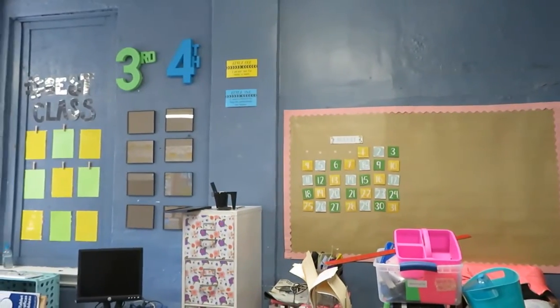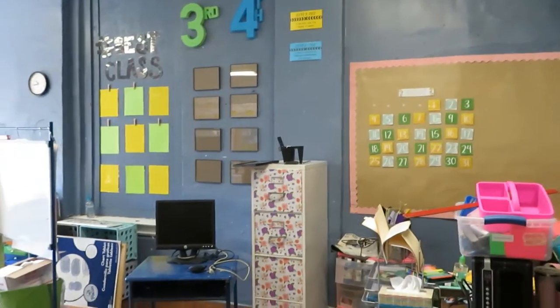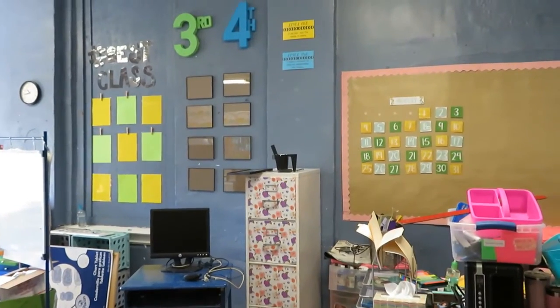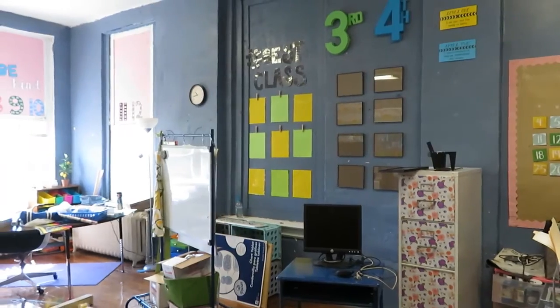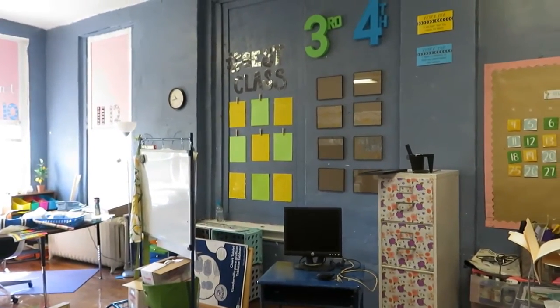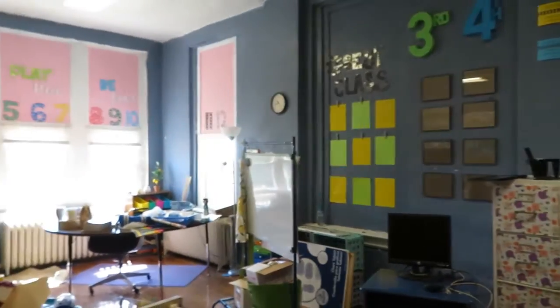Scanning this way, those two levels will come down. I'm going to wait until I have my roster to do the names. Scanning, I'm going to try to find some time cards for the clock for my kids to have. And then scanning this way,